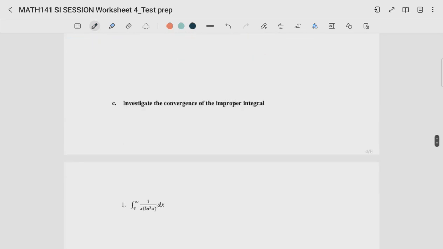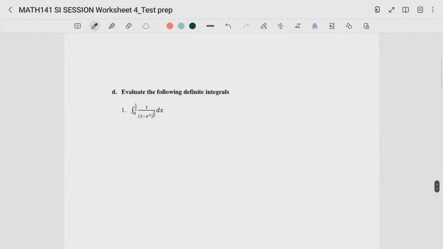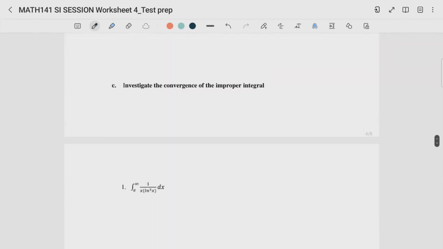On to the next set of questions. There's quite a lot. So we have to use now to investigate basically the convergence of the improper integral. So you integrate, and then you check whatever you found within the limits of the integral, if